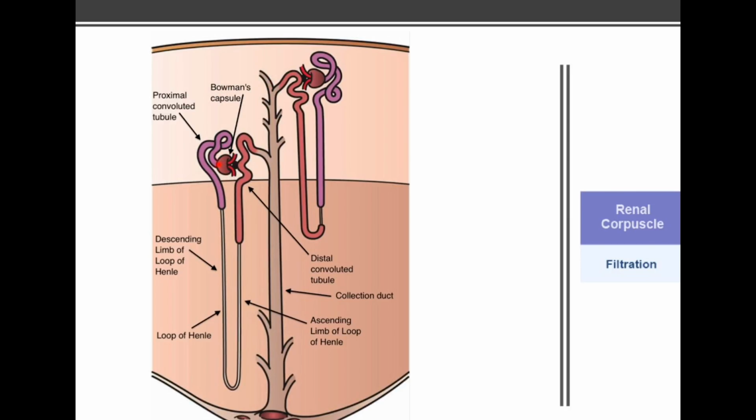Now, Dr. V also talked about the structures, but now you can see how they relate to one another. Here we have the descending loop of Henle that originates at the bottom of the proximal tubule, and then the ascending loop of Henle goes up into the distal convoluted tubule, and then the collecting duct begins at that portion